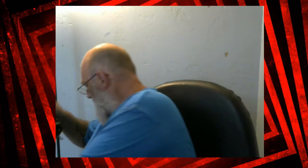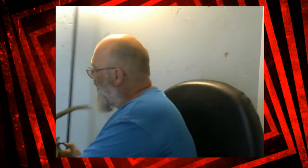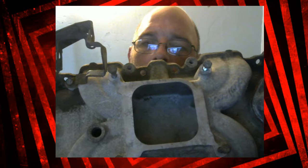But why settle for that when you can just take that extra step a little bit further? So you gotta go with the Edelbrock intake that it was sitting on. So that is the intake manifold, Edelbrock. And get up a little bit closer, and there we go. You can see the Edelbrock logo right there on it. So that is going on top of the 283,